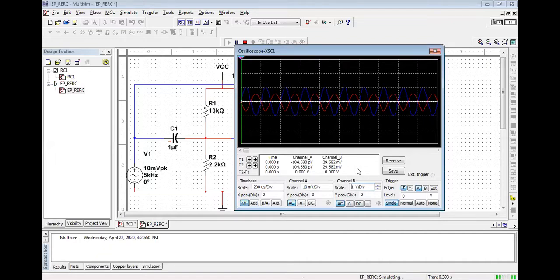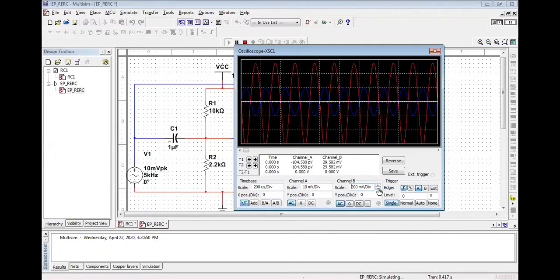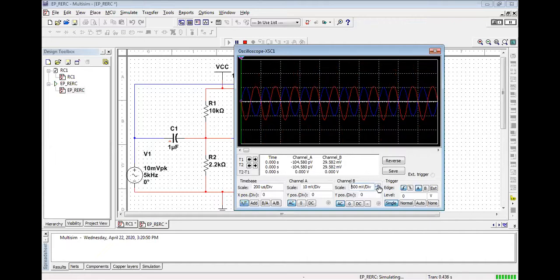No, here you can measure the volt per division. I have changed it from 500 or 200. If I kept it at 200, you can find the V out, right? If I'm going to change the volt per division, this is the same thing that we are doing on the CRO, right? So here I have changed it, and it is 1 volt per division. So if it is 1 volt per division, you can find over here.